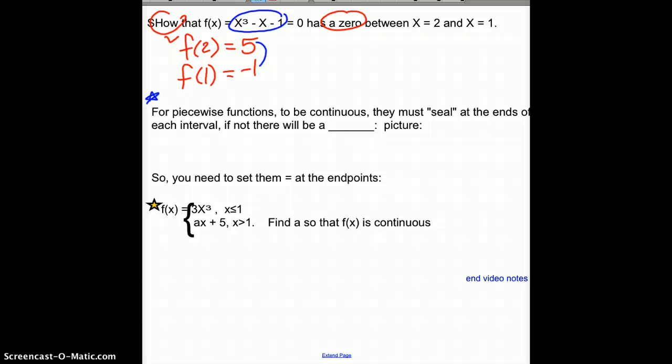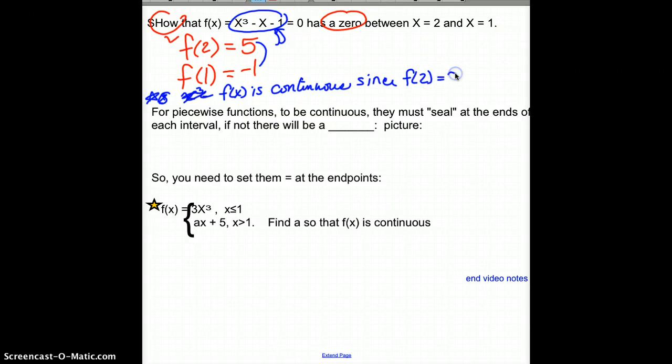First of all, you have to say that this function was continuous. So you would say x cubed, let's even just do this, f of x is continuous. All polynomial functions are. So f of x is continuous. You don't have to write because all polynomial functions are. You just need to state that you're aware of the hypothesis and you're aware that it was met. All right? So f of x is continuous, and since f of 2 equals 5 and f of 1 equals